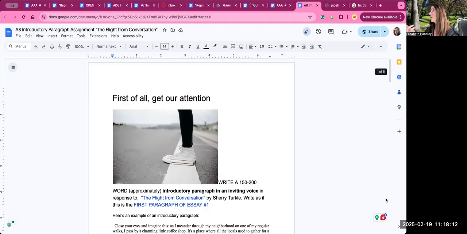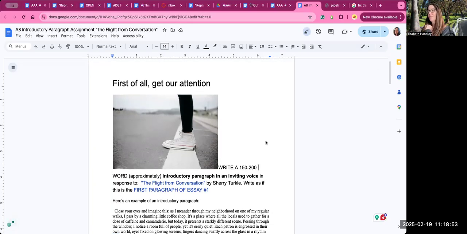Now, this week, we're going to do the introductory paragraph, which would be paragraph one of your essay. So let's just open it up. And again, if you are just doing this online, it really is crucial to read all of the instructions because I give a big list of do's and don'ts, and it's worth reviewing those before you submit your work because it's a pretty long list, and each do and don't is like a point. So let's look at it.